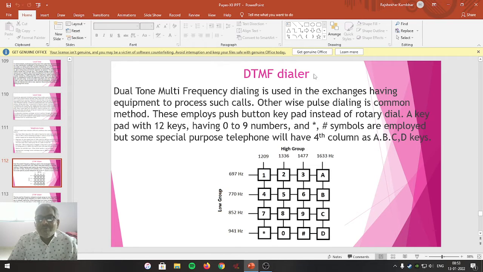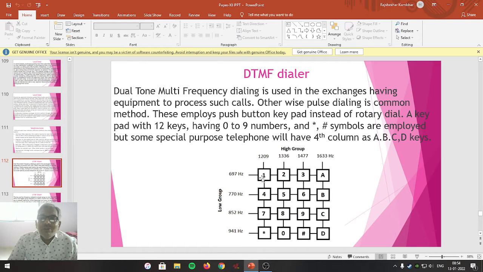It is the dialing system which is arranged in the form of rows and columns. The minimum required keypad contains a 3 by 4 matrix, that means 3 columns and 4 rows.